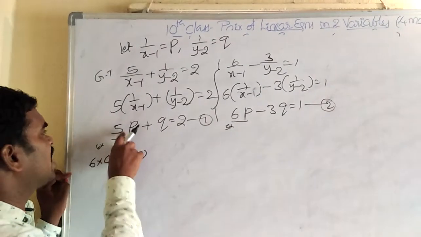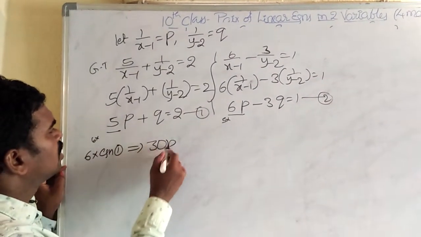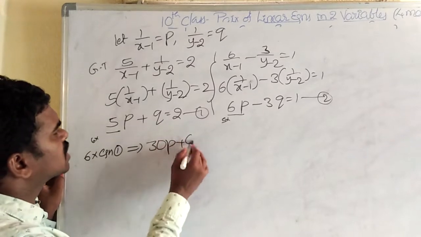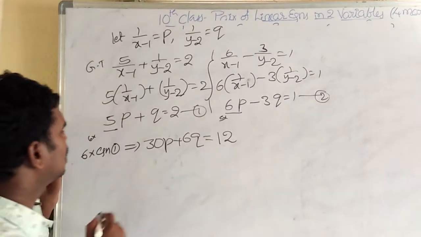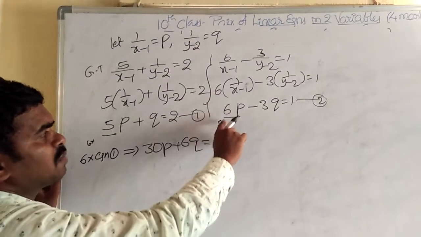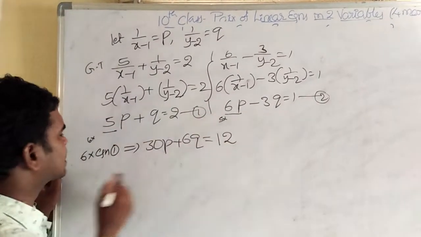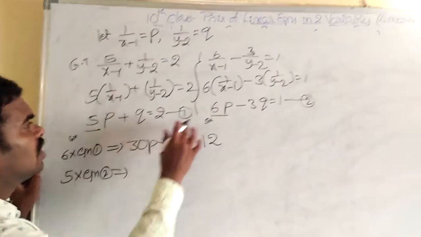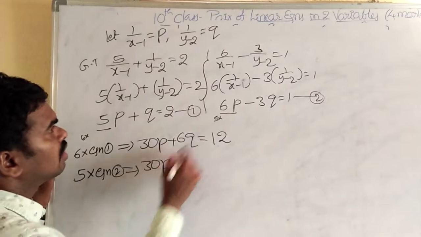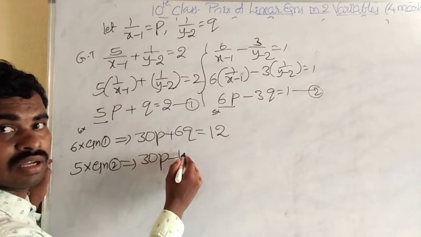So 6 into 5, 30p, 6 into q, 6q, is equal to 6 into 2, 12. Then the second equation is multiplied by 5. So I multiply equation 2 with 5. That implies 5 into 6, 30p, 5 into minus 3,